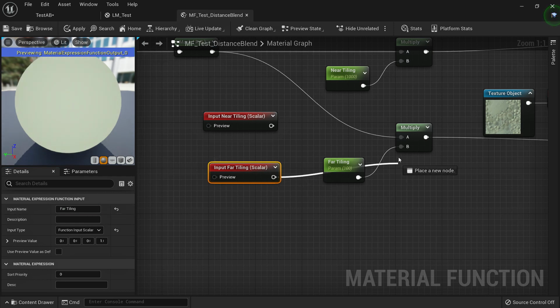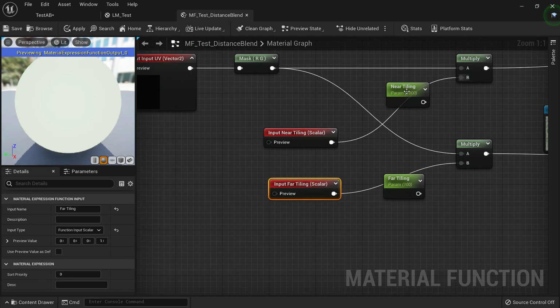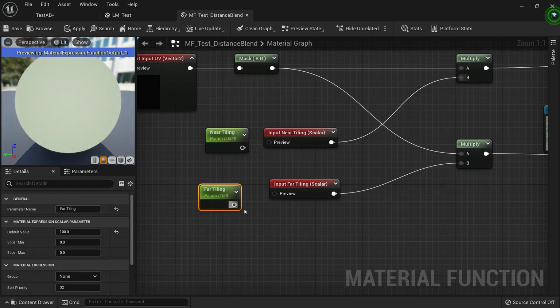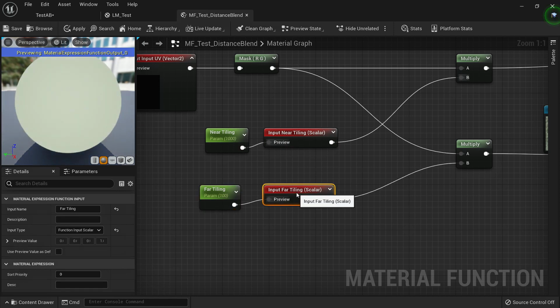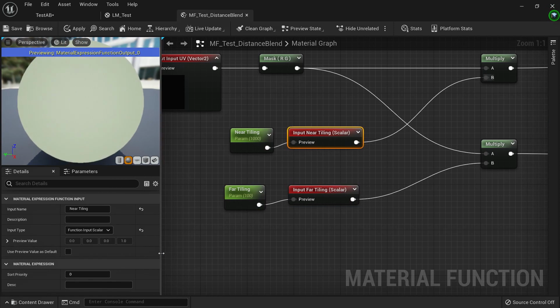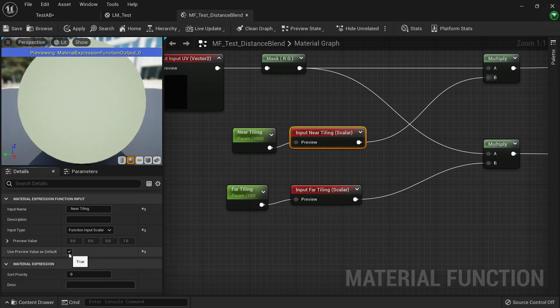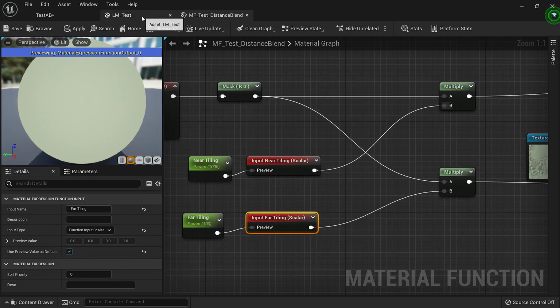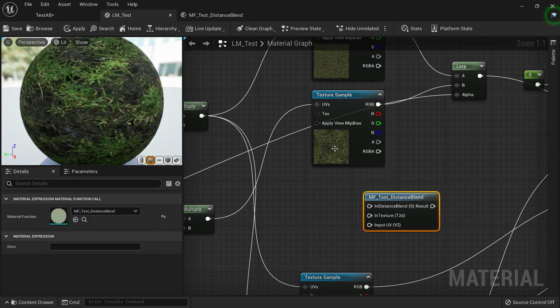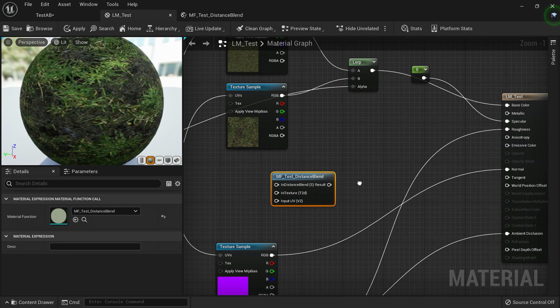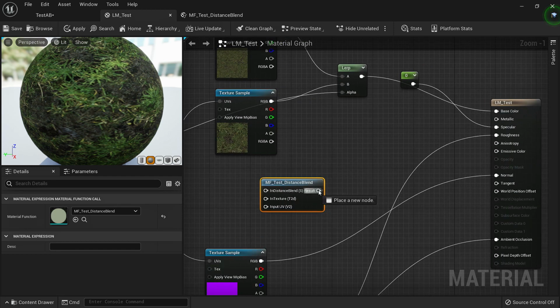And then let's put it as multiply, and for the preview values we'll put the scalar values that we created before. If you choose any input and click use preview value as default, this one right here, then it will use whatever preview value you are supplying as the default value. So if nothing is connected to it, then it will take the preview value, and if we connect any values in our material function, then it will overwrite that value.